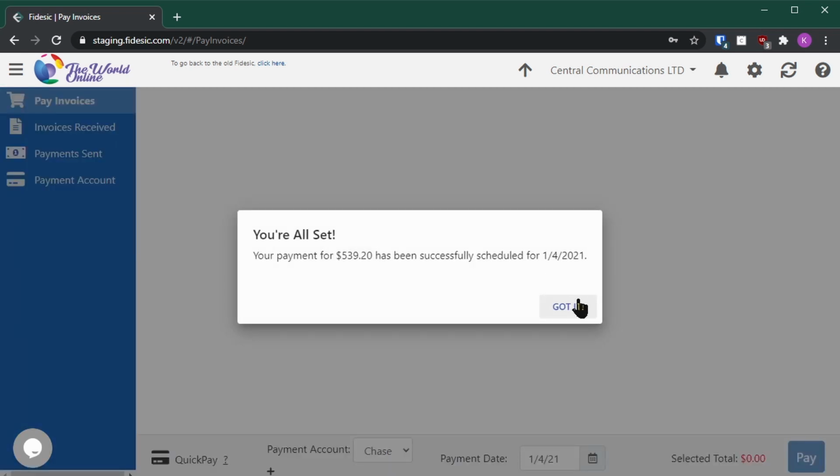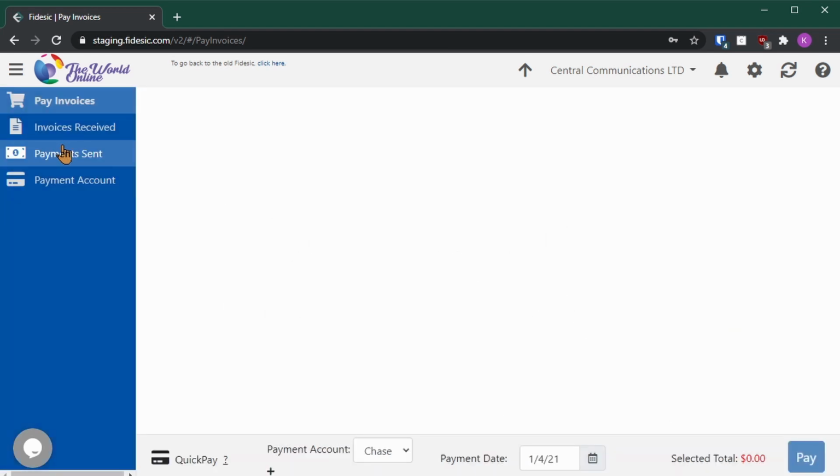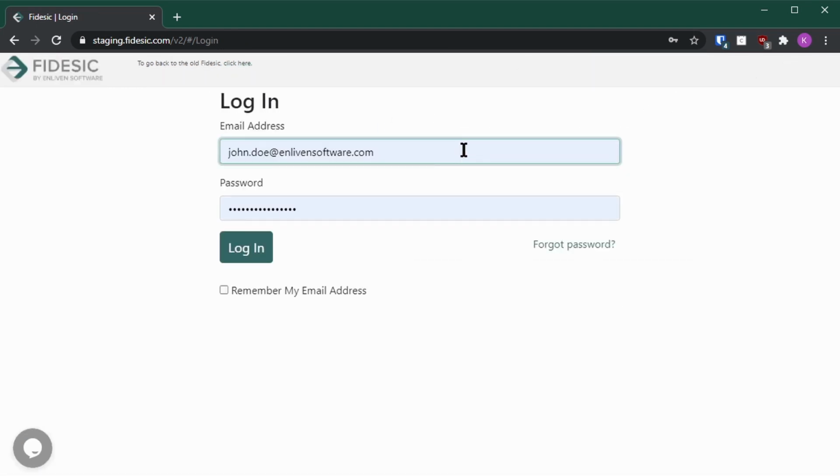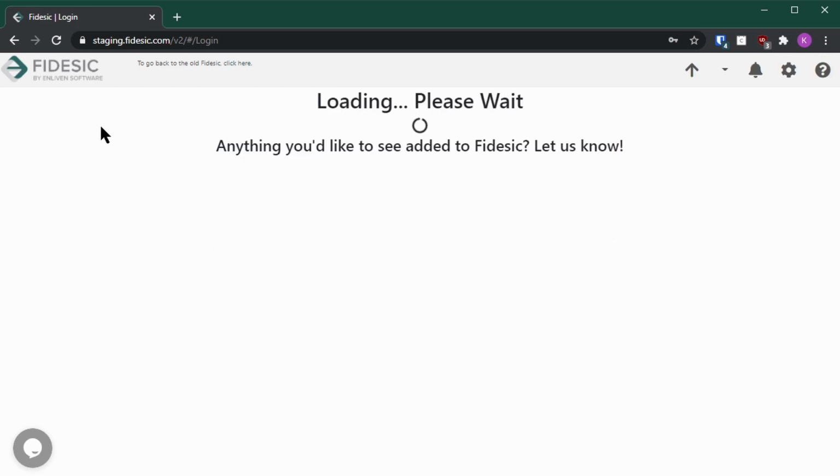So now that I've scheduled that payment, that will be available to me under the Payment Sent tab. And from your perspective on the admin side, you're also going to be able to see that a payment has been scheduled, and that you can see what invoices are being paid by it and when you can expect that to hit your account. So if I flip over to the admin side here,